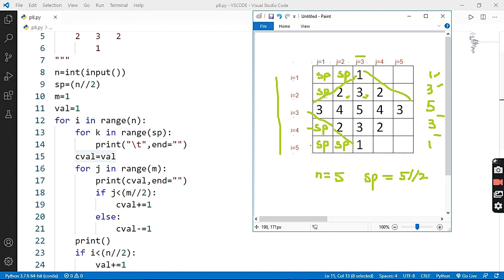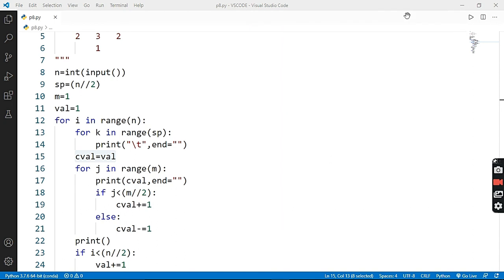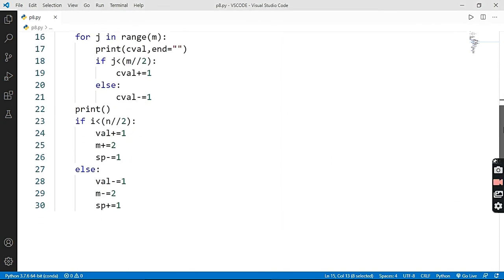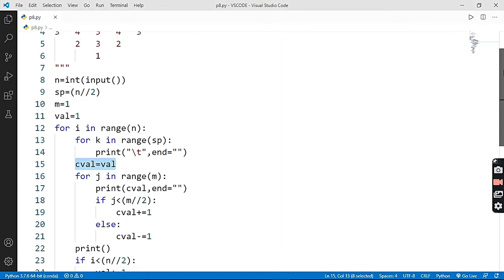Okay, because here the val variable was 2, the last val variable. So now the val variable will become 3, and the current val variable will again use this 3 and start printing. But after this i equal to 3, we are going to decrement this val value as given in the condition. Here, val minus equal to 1.